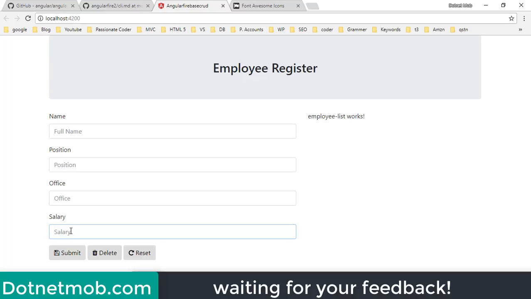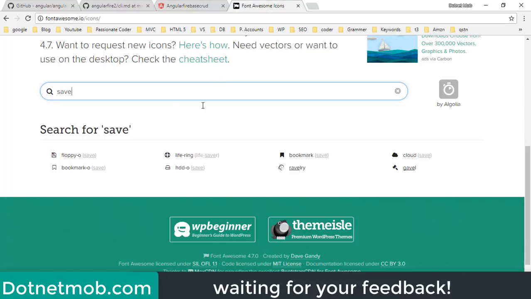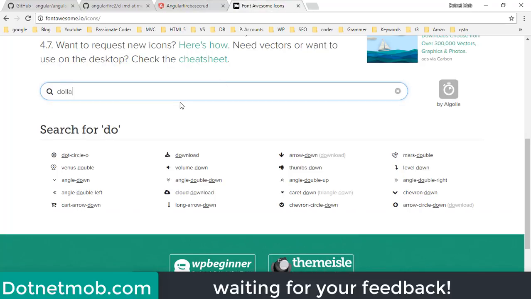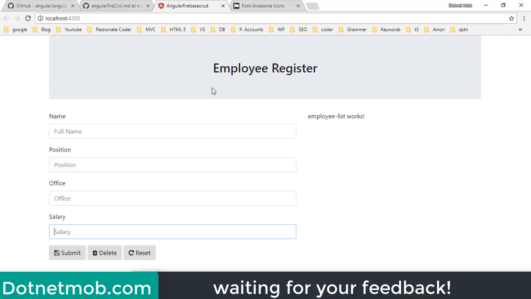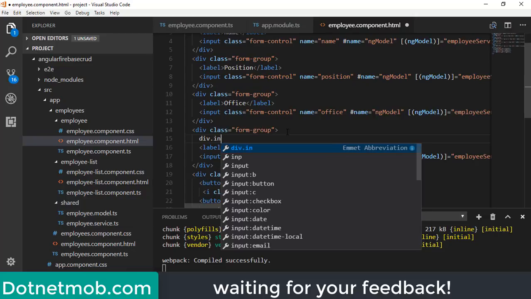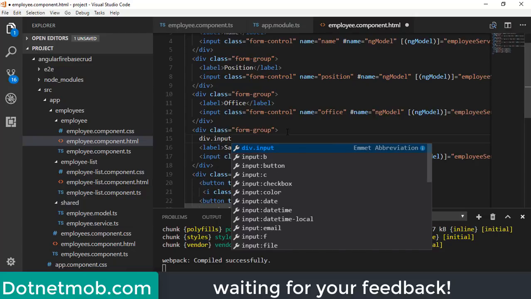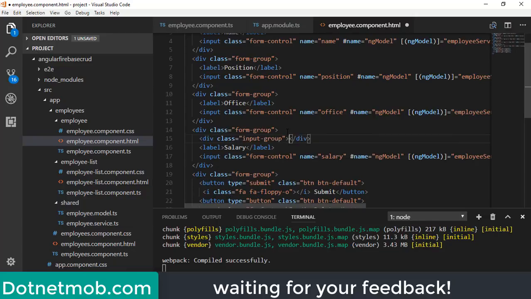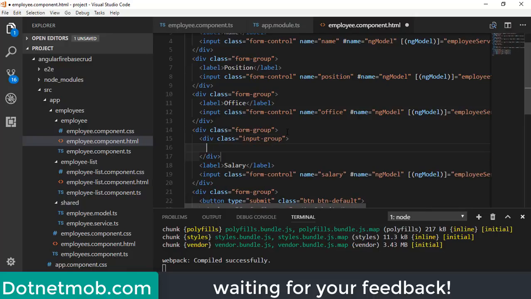Finally, I want to add a Font Awesome dollar icon inside this salary text box. So I will add a div element with class input hyphen group. Inside that I will add one more div with class input group hyphen addon.